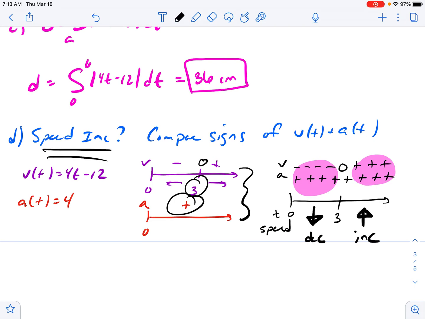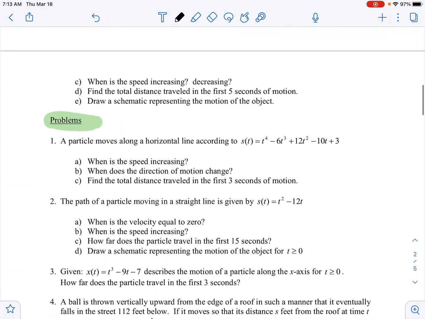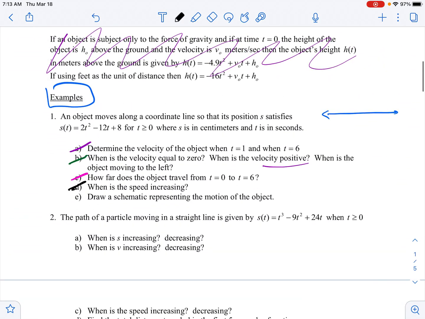And so, where is speed increasing? Speed is increasing on the interval from 3 to infinity because velocity and acceleration have the same signs. Okay? And then finally in part E, something a little different, draw a schematic representing the motion of the